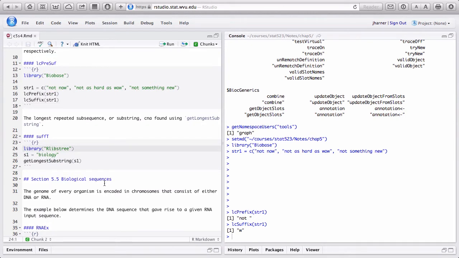Now, suppose we want the longest repeated sequence or substring within one or more strings. In other words, it might be in a single string or it might be in multiple strings. There's something called get longest substring. And that will be sort of a repeating pattern. This comes in a library called libstree. This is actually not in Bioconductor. This package comes from Omega Hat, which is another repository of a lot of packages, particularly on the interface of